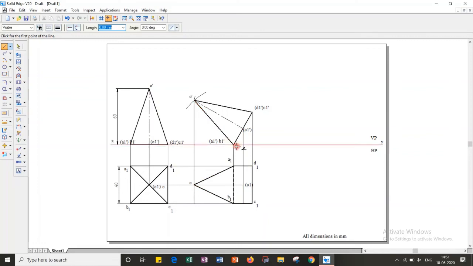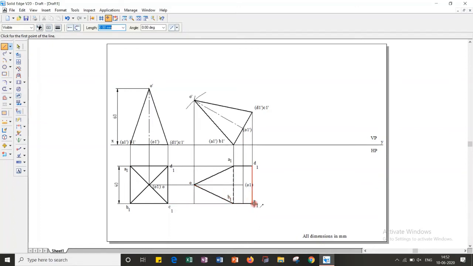Next, we'll move to the second point B1. Again, there should be three lines. The three lines are B1 to C1, B1 to A1 and B1 to O. B1 to A1 I am having, B1 to C1 is there, and B1 to O. All the three lines already exist. So B1 point is over now.